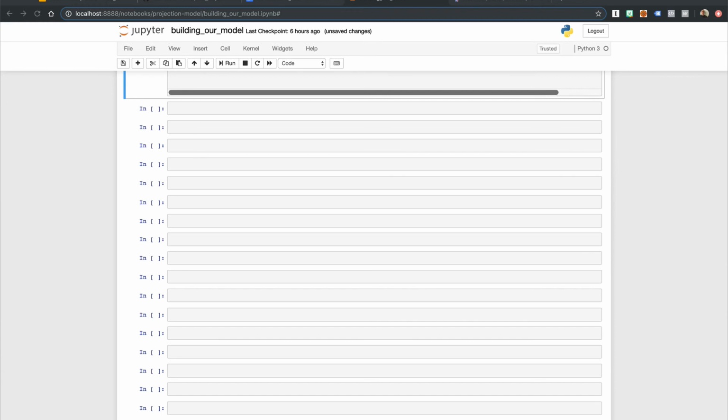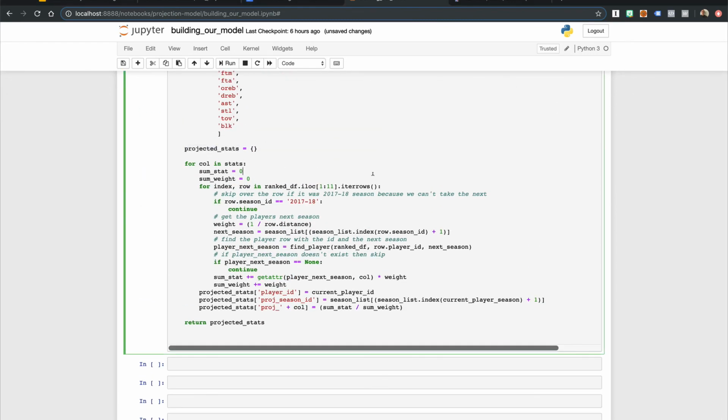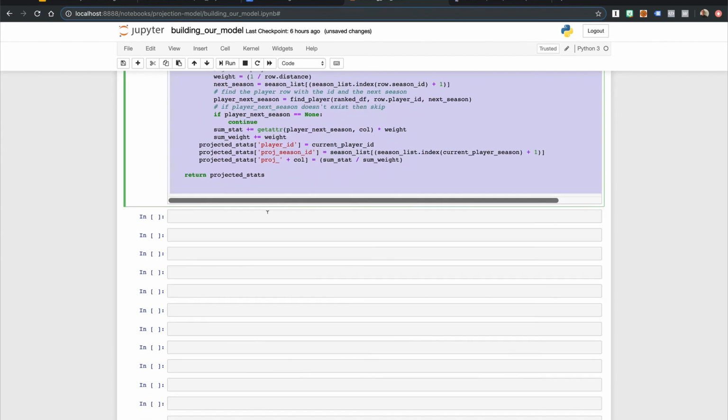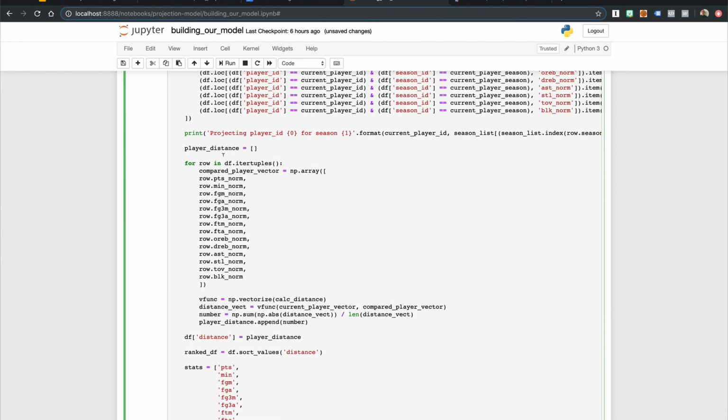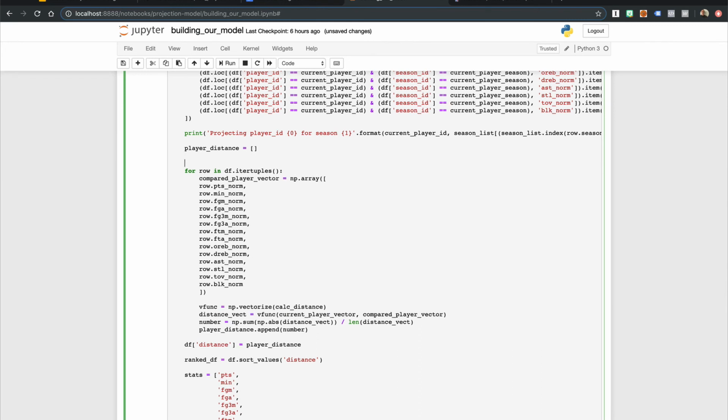To add this touch, we are going to create a list with weighted values for each of the stats and then work this into our player distance section of the model. So if I take this, copy it, paste it, let's go to this section right here. And what I'm going to do is, for simplicity's sake, I'll just use 1 for each of the weighted values so nothing changes. And what we're going to do is add a weighted